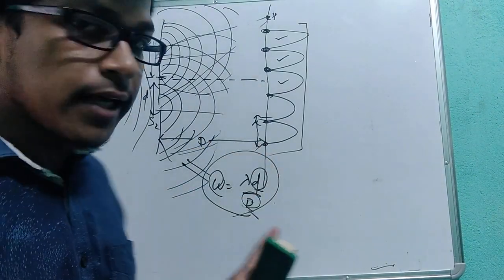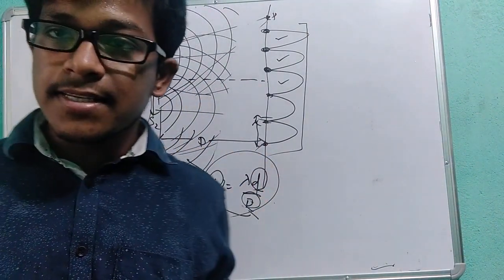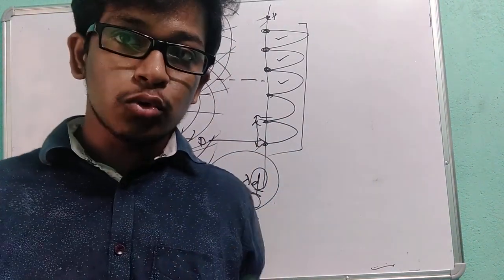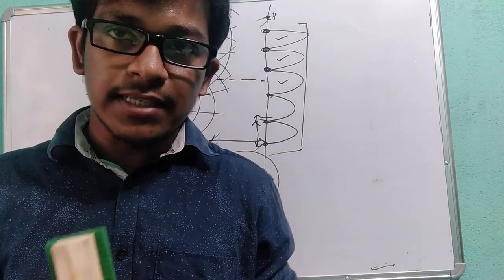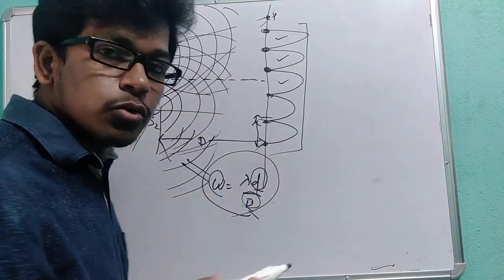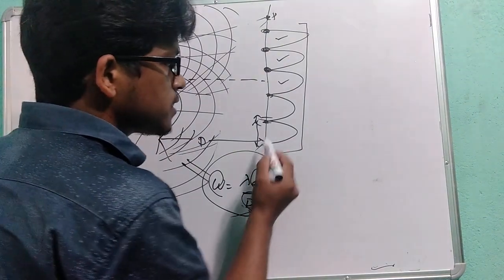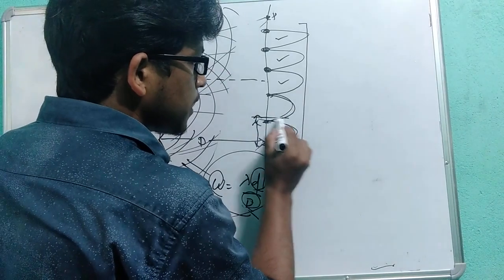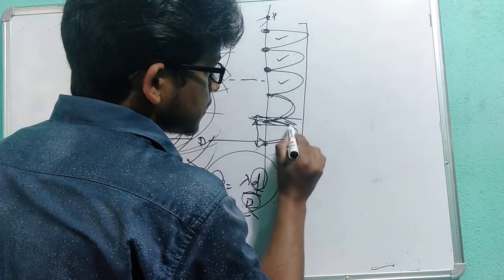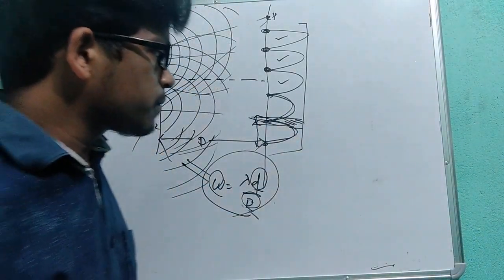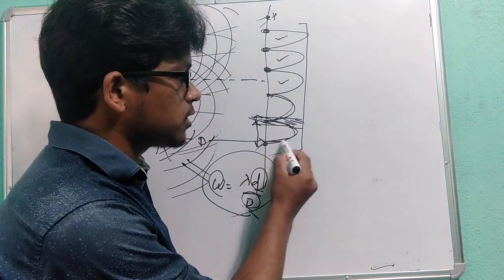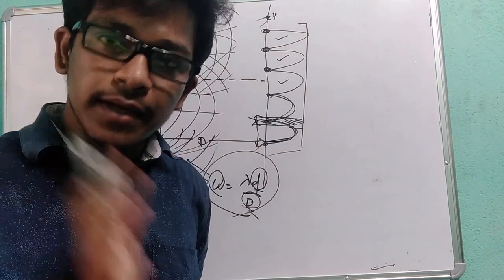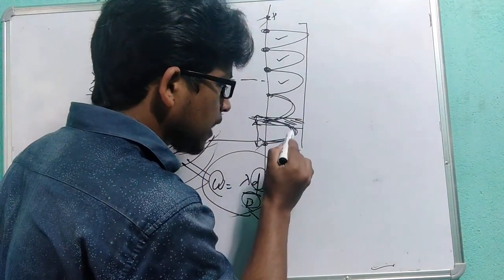So there is an experiment named Fresnel's biprism. I will do that. Before that, I was telling you to explain the relation of the energy, how energy is associated with these types of fringes. So guys, this is your light fringe, this is your light fringe, and in between there is a dark fringe. This region is associated with a certain energy. Everything in this world has some energy, so here also this region has some energy.